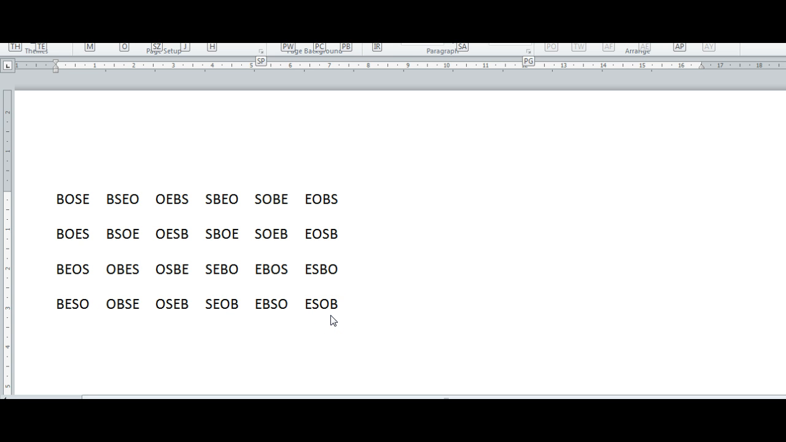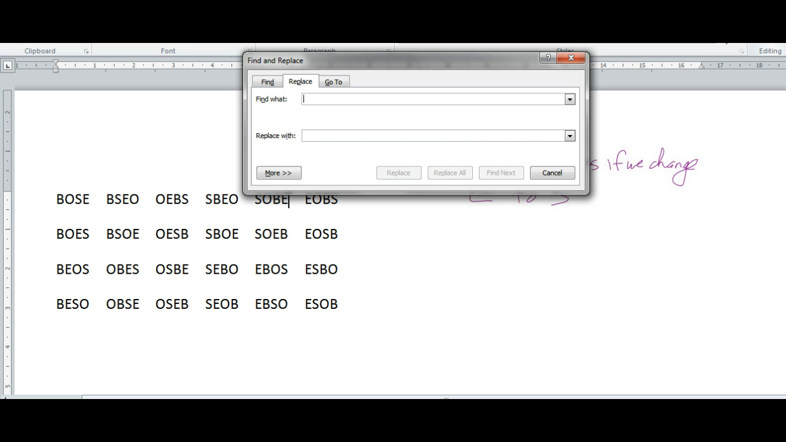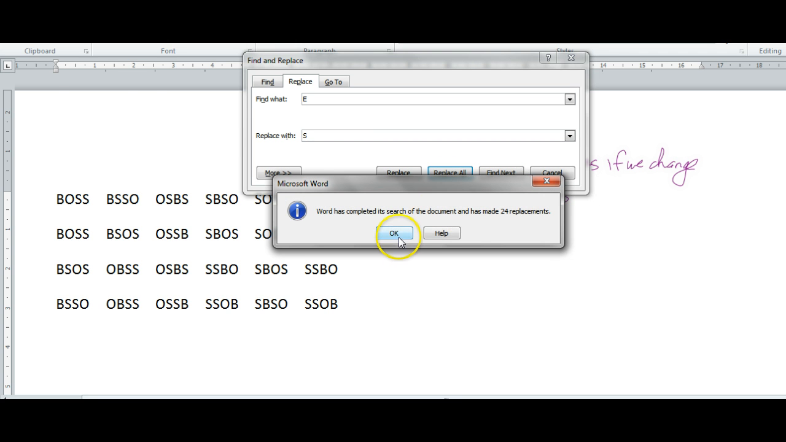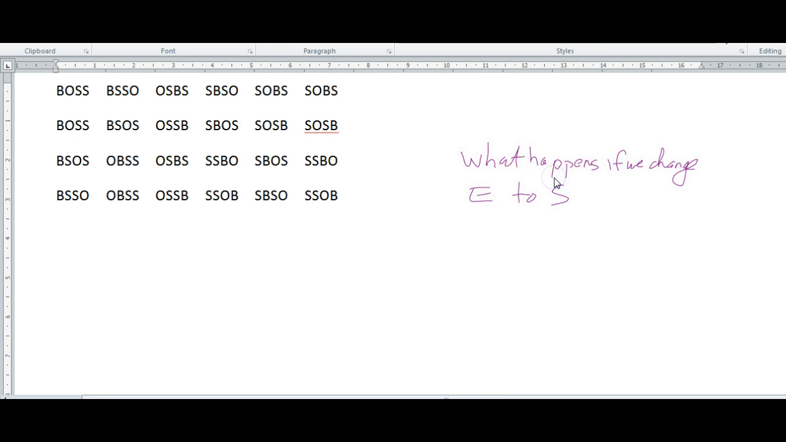So what's going to happen if we change the E to an S? Okay, so what happens if we change E to S, right? So that should be doable, right? All in one swoop here. Go home, try and replace E with S. And you notice I made 24 replacements. That kind of makes sense. I mean, there were 24 arrangements,